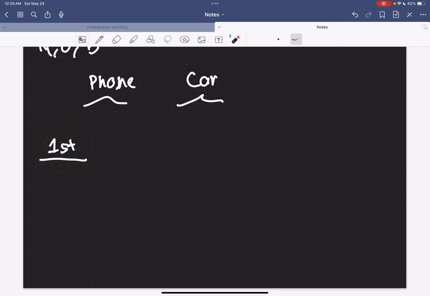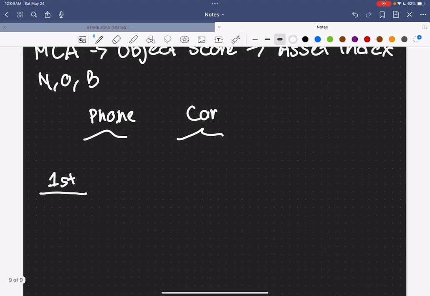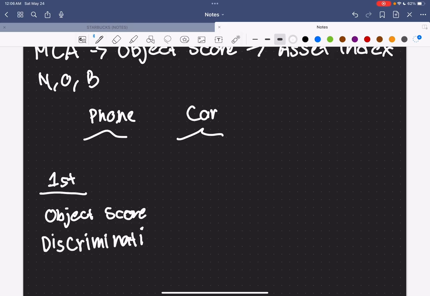Okay, to continue, diba, yes or no ni silang duha. Silang phone, car, yes or no ra. And ang output ana sa MCA kay ang object scores, which will become the asset index and the discrimination measures. The discrimination measures kay mao ni ang weight nga mo pull sa asset index either upward or downward. So it is the weight of each variable. So it will compute the pattern of all